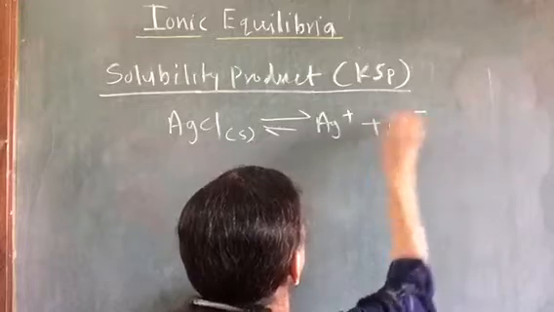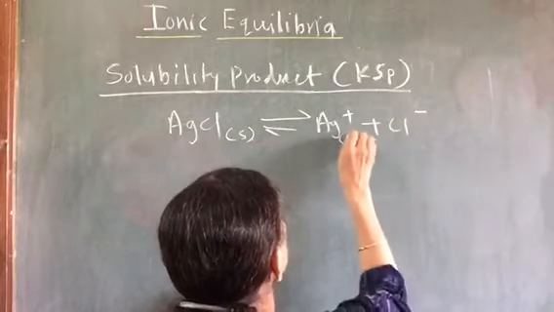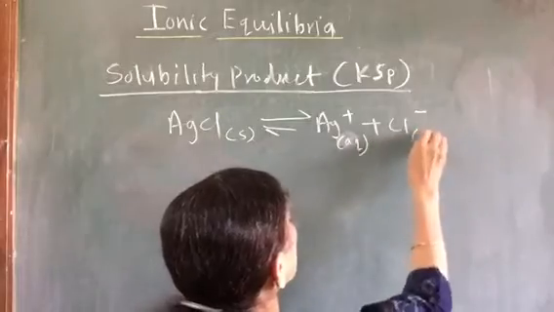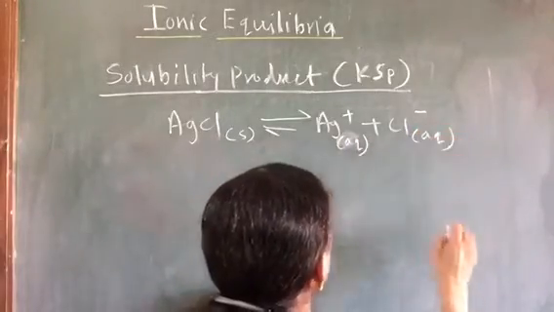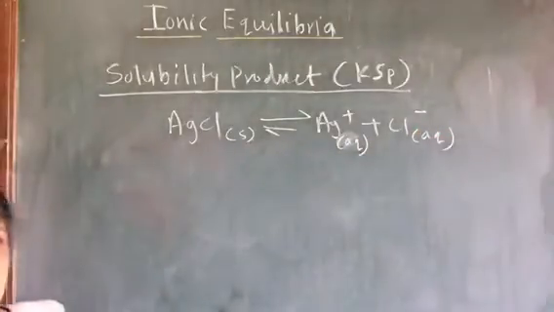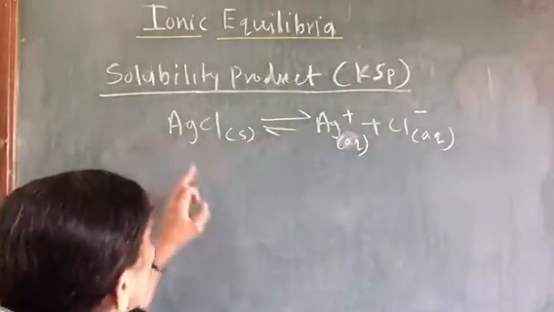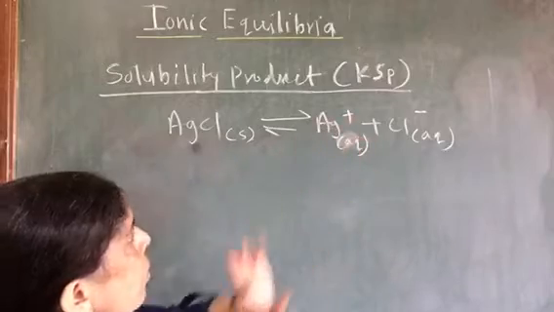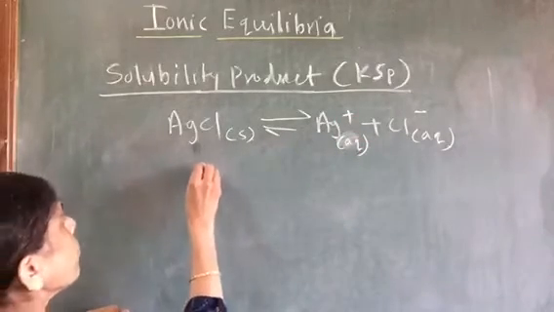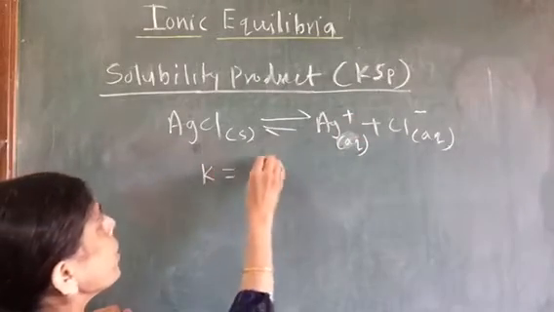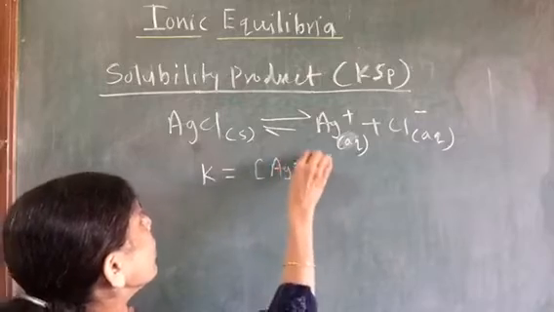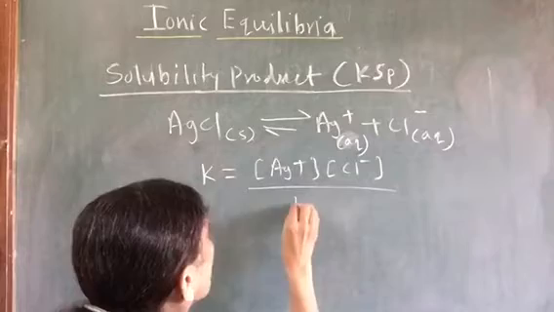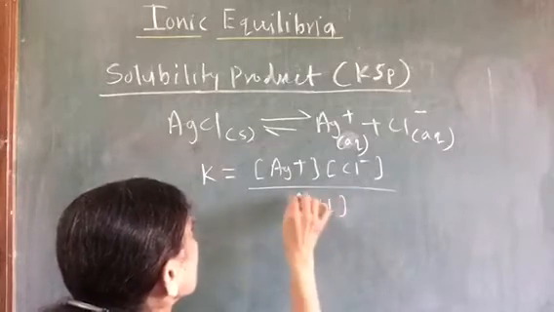we will have the soluble salt in water, and that soluble part will be in ionic form because it is a strong electrolyte. So we have the unionized form, which is in large quantity, and the ions which are formed. Now applying the law of mass action, we get K is equal to Ag plus ion concentration into Cl minus ion concentration upon AgCl concentration.